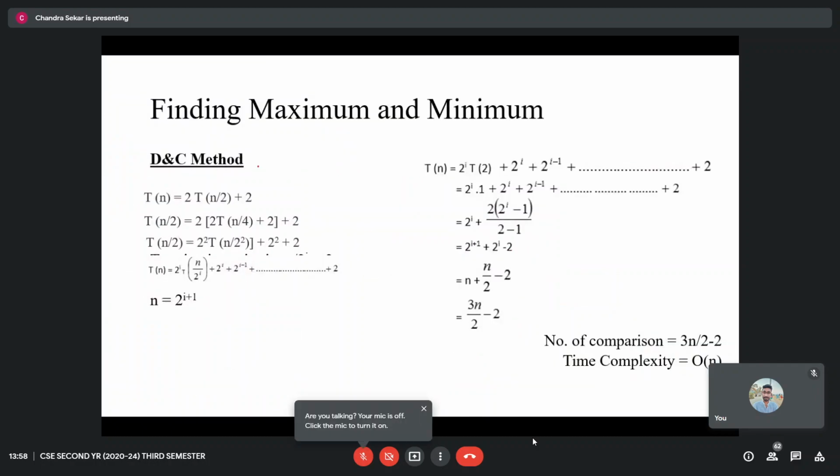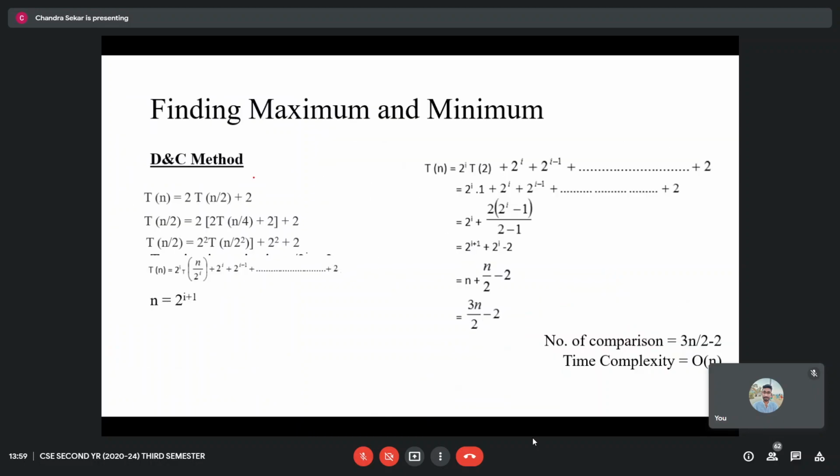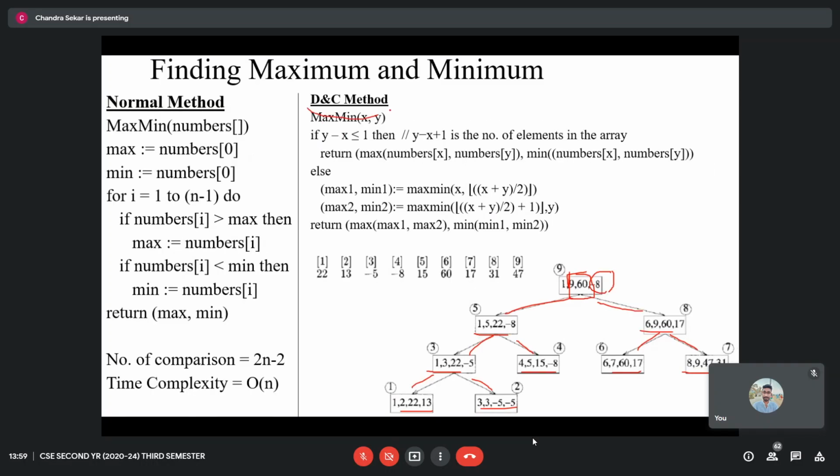So how is this beneficial? I'll try to explain how this divide and conquer has an upper hand on the normal method, but you cannot exactly visualize to what extent it is better than the normal method because it is not a very big complex problem, it is a very simple problem. You can clearly visualize this when we take some real-time complex problems. Since it is a simple problem, anyway I'll try to convince you that divide and conquer is better than the normal method.